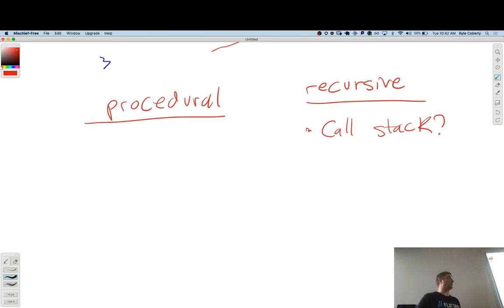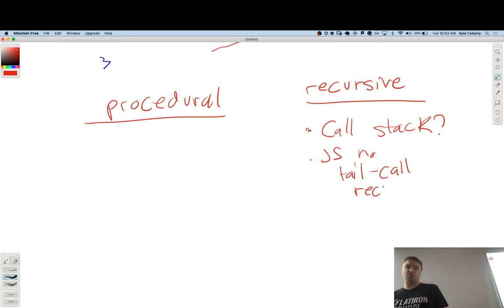So if 100 is the biggest number I'm doing, not a problem. But if this does need to scale up to 1 million, 10 million, 10 billion, your call stack's going to blow immediately. Especially in JavaScript, because JS has no tail call recursion, which is how you get around that. You can trampoline, but you're starting to get into some pretty gnarly, hacky solutions at that point.